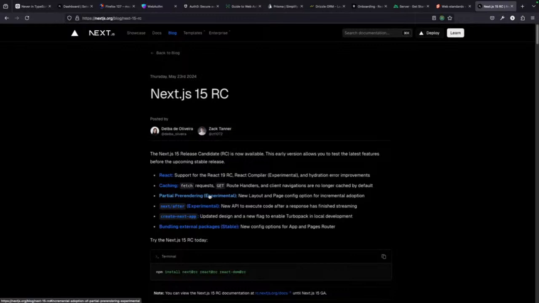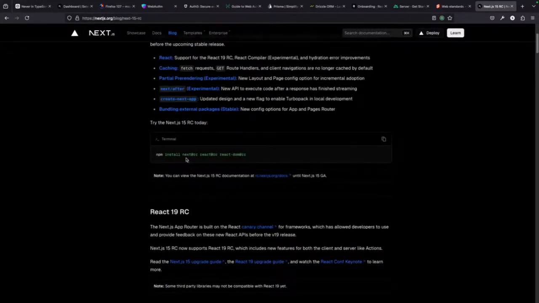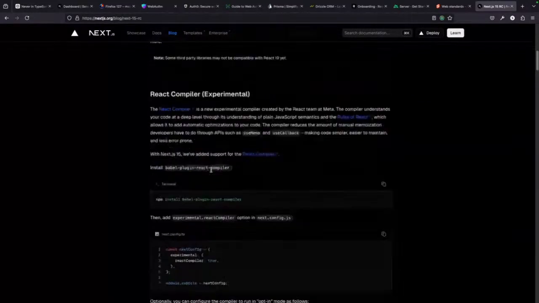Then they've been talking about partial pre-rendering for a while now as well. That's new. There are new features compared to Next 14. I probably will just try it out myself to see what's up with it.